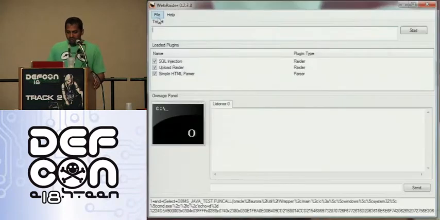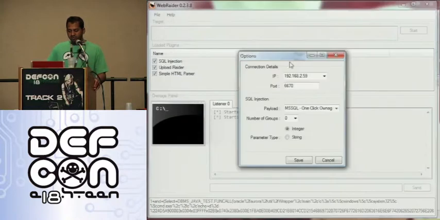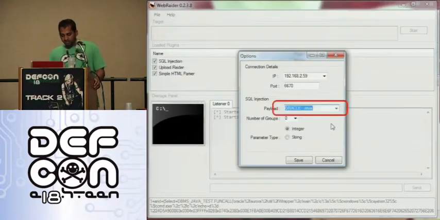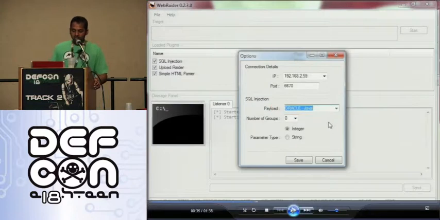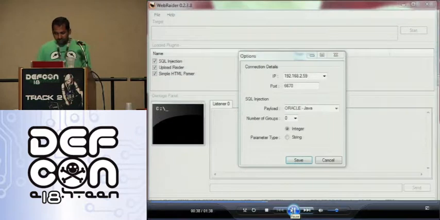So what you do is you choose your public IP address on which you want to throw the reverse connection. You choose your attack, what attack you want to carry out. You want to carry out a SQL injection in Oracle, or with DBA permissions, or MS SQL, whatever. Once you choose, once you save that, then,